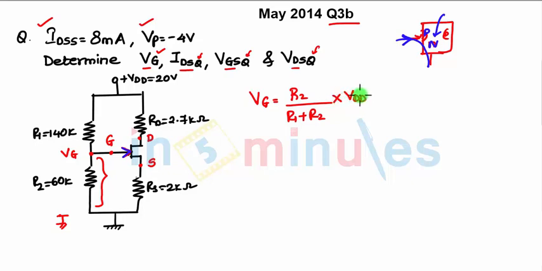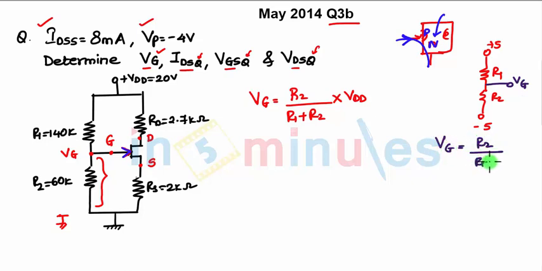Now if it would have been two supply voltages in this case, that means if you had -5 over here, +5 over here, then here you had R1, R2, and the question was to find VG. Then how you are going to find VG is R2 upon R1 plus R2 into 5 plus 5, that is the addition of both the voltages, the whole -5, if it would have been two supply voltages.